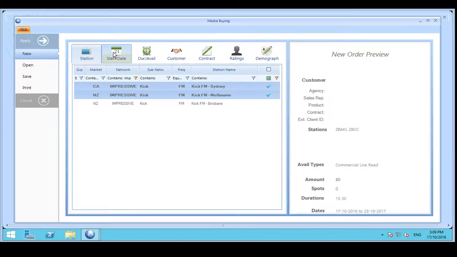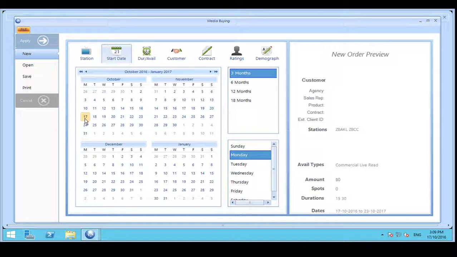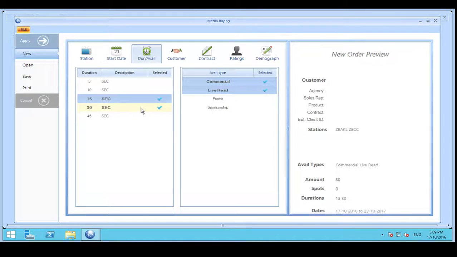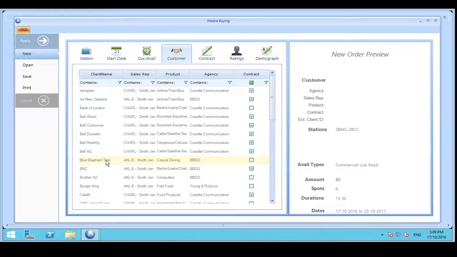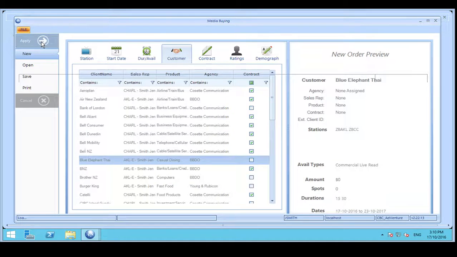The next thing I'm going to do is to select my campaign start date of the 17th of October and my campaign period. Now, if my campaign period doesn't fall neatly into one of these options, I can adjust it manually within the schedule itself. Next, I'm going to go and choose my spot durations. I'm selecting both 30-second and 15-second spots for this campaign, and I'm selecting both commercial and live read avail types. And finally, I'm going to choose my customer, and just by tapping on the customer that I want, you'll see that's now reflected in my order preview,